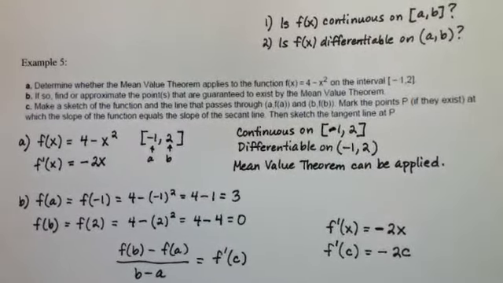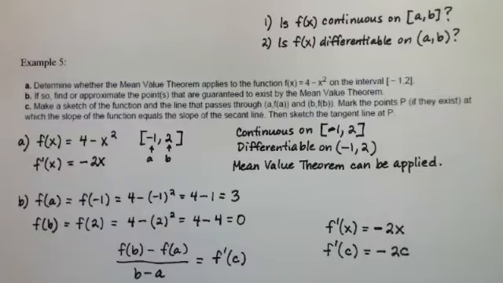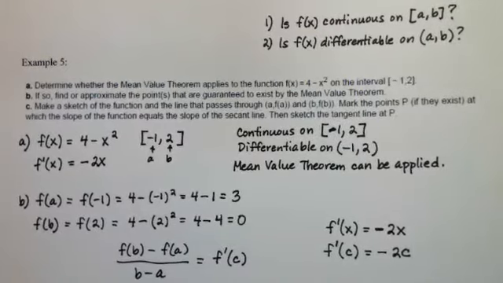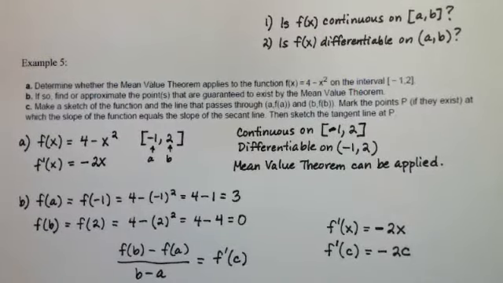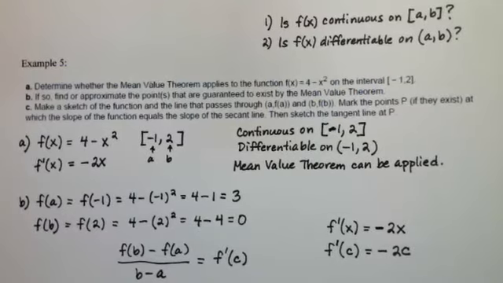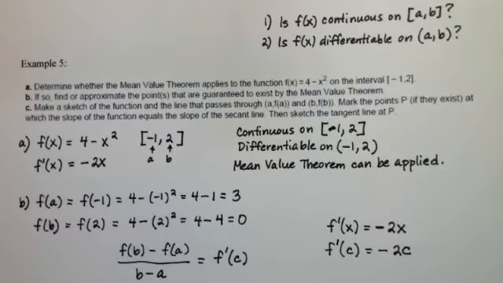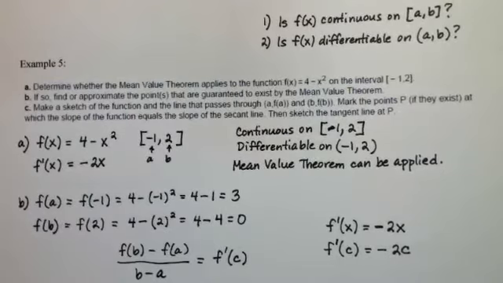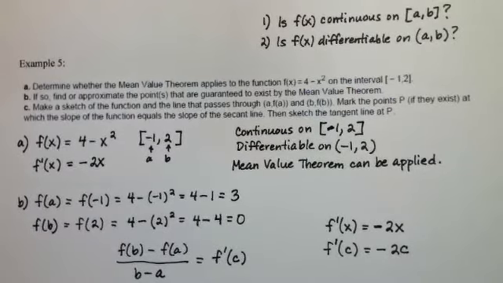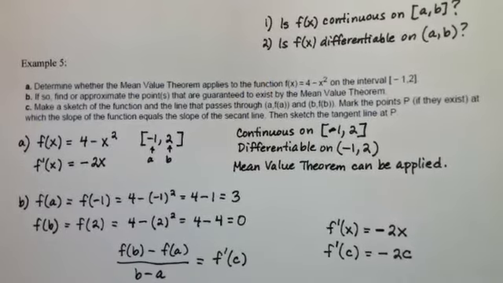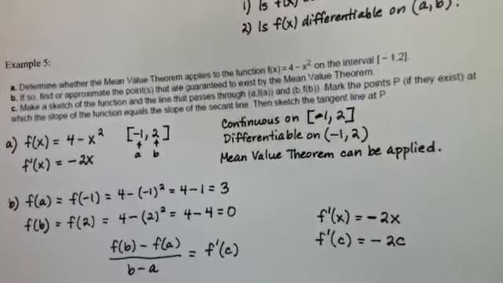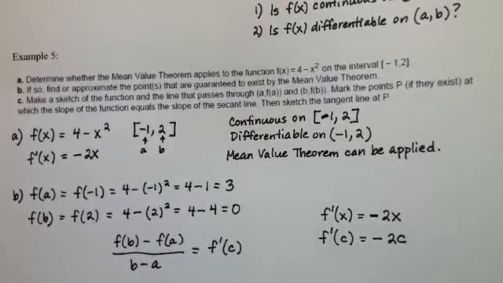how I found out that the function in this case, in example 5, f of x equal to 4 minus x squared, is continuous on the closed interval -1, 2, and differentiable on the open interval -1, 2. Here, both conditions are satisfied. That means that the mean value theorem can be applied. And then also, I found out the